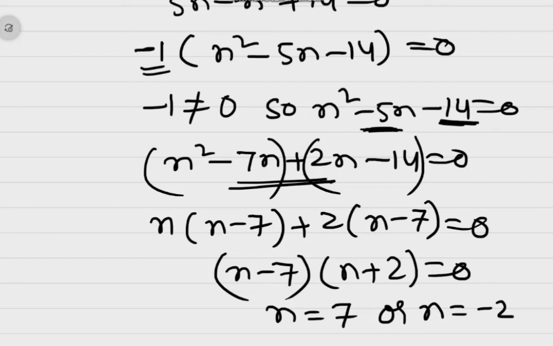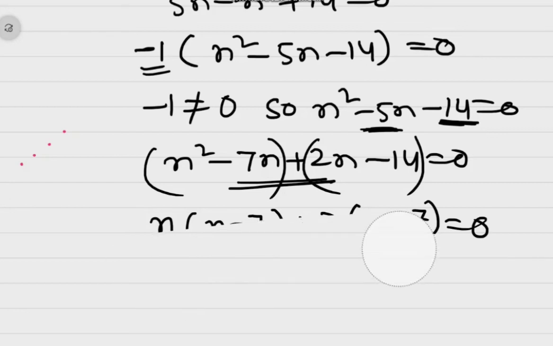Now which value will be considered here? And can n be ever negative? Since n is the number of terms, it can never be negative. How will you see negative terms? Positive terms you can count, term 1, term 2, term 3, term 4. So there will be no negative terms. So the value of n is equal to 7. Okay. Now the value of n is equal to 7. You have got n is equal to 7.